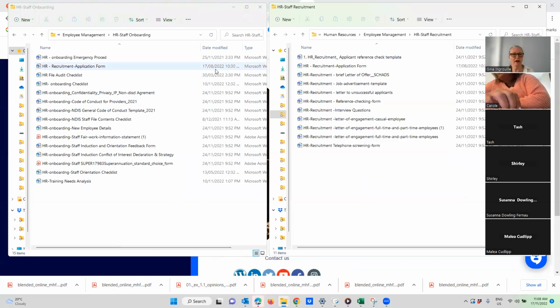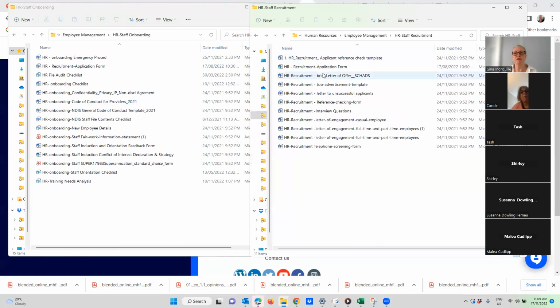Much easier than tidying up later. So we do have the onboarding folder, which is what we're going to focus on today. But there's one thing that also needs to be collected, and it does sit in recruitment. But there will be some people for whom it doesn't sit in recruitment, so I'm going to mention it.